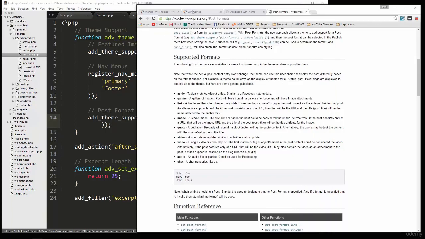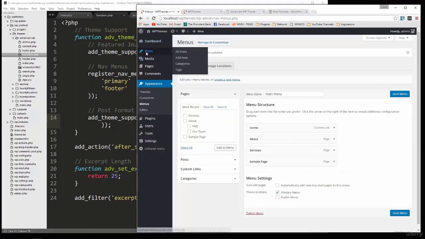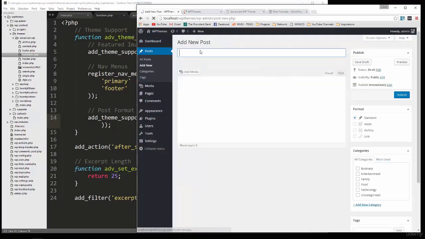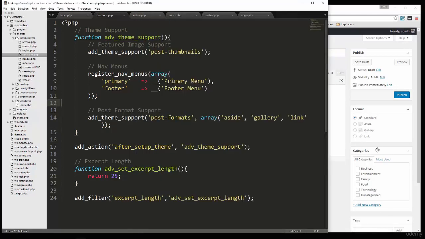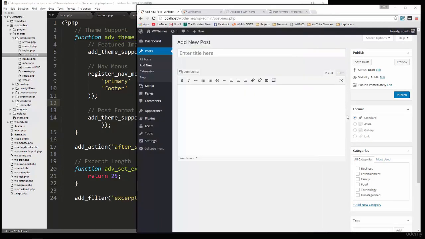And since we put that in there, if we go to our posts and let's say add new, you'll now see we have this format box on the side where we can choose what format we want for our post. Alright, now as it is, it's not going to do anything different. So let's do an aside. So we'll say sample aside, and let me just grab